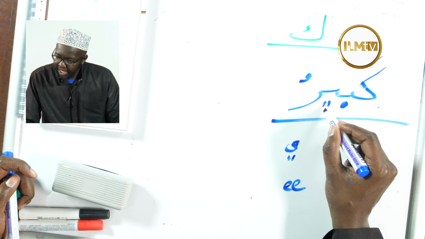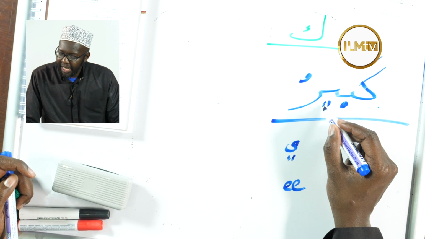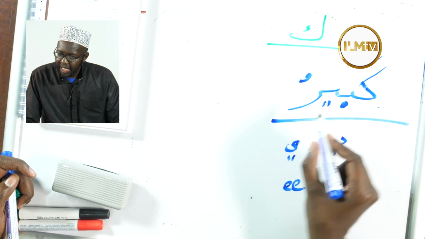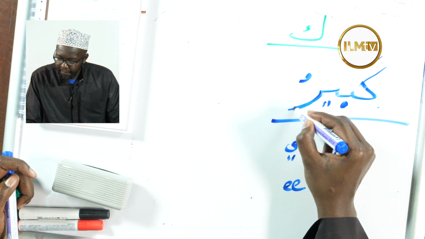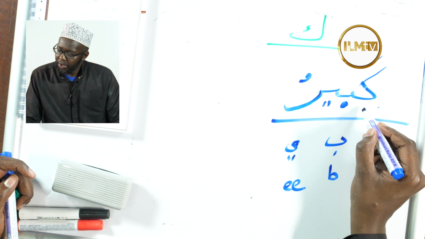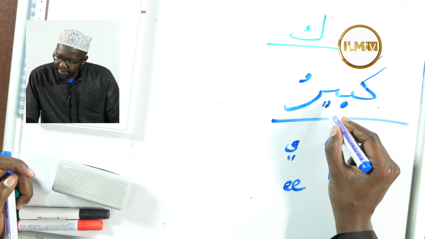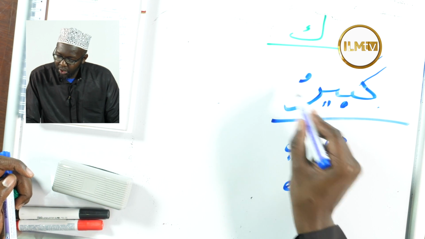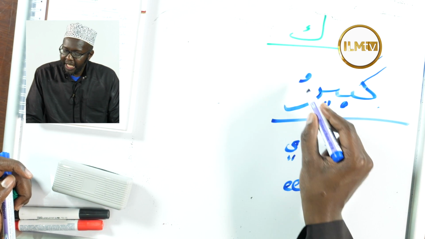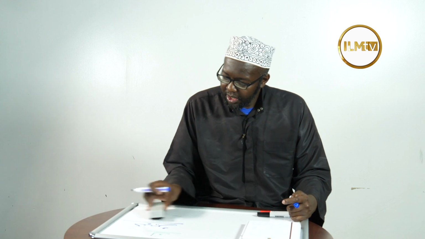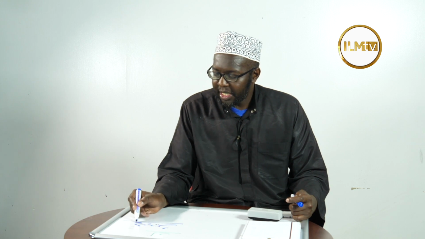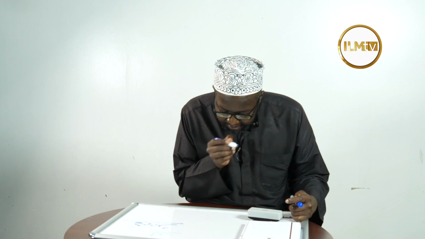Ka, B, Kabi, Ru. That's an R. So Ka, B, Ru, Kabi, Ru. So today we are focusing on the Ka. Next we have